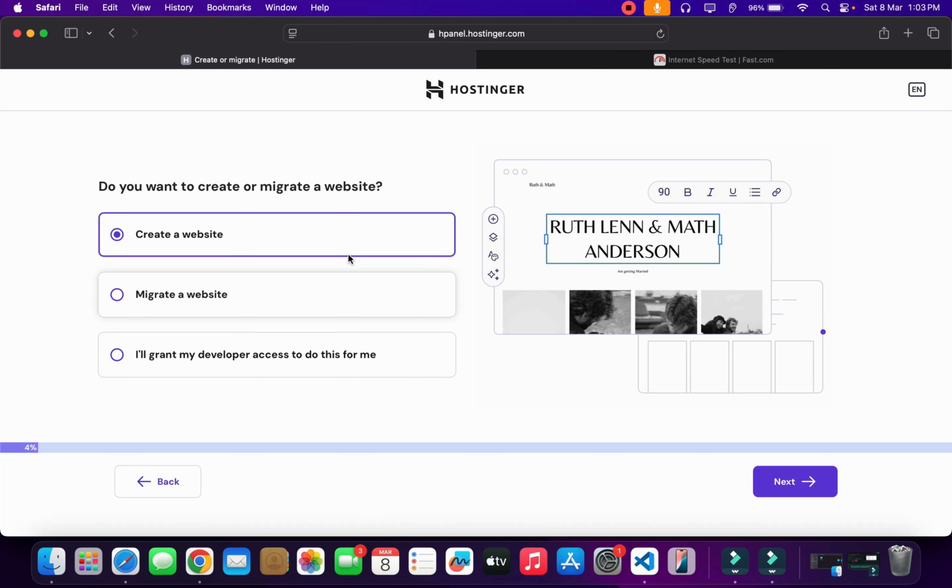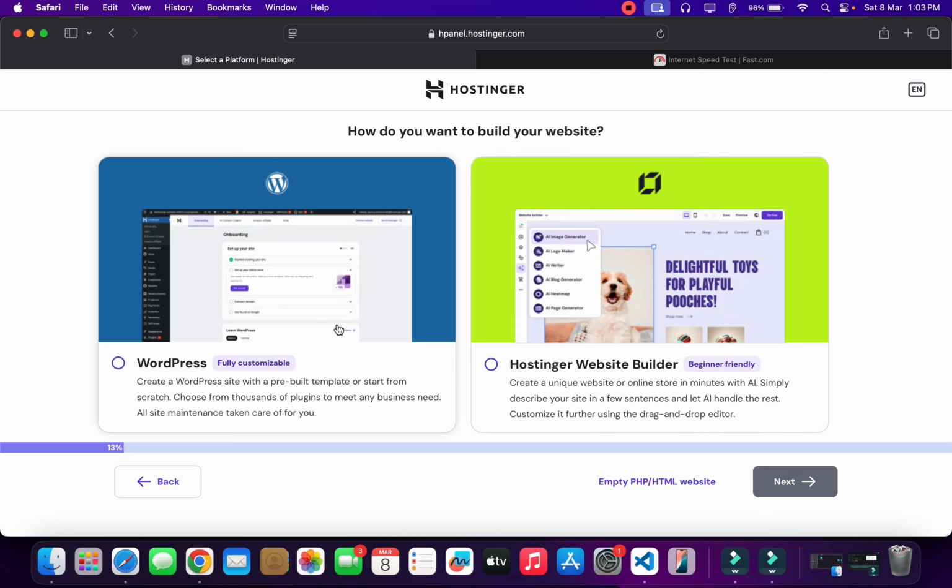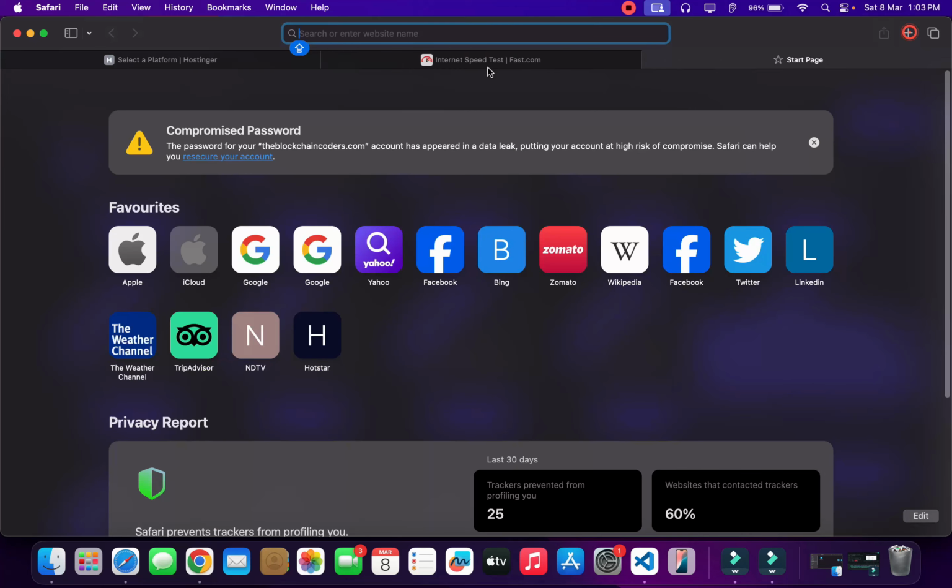and it will ask you a couple of things, like how you want to create: migrate a website, grant access to a developer to do it for me, or you can simply go through the different steps. It will ask you to pick different providers, like hosting or a website builder, or you can do anything. So what I will do, I'll simply come back here, and I'm going to open a new tab, because once you do that, you can simply come back here to Hostinger,